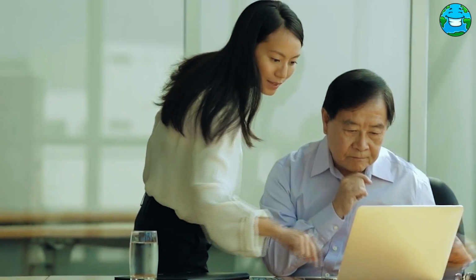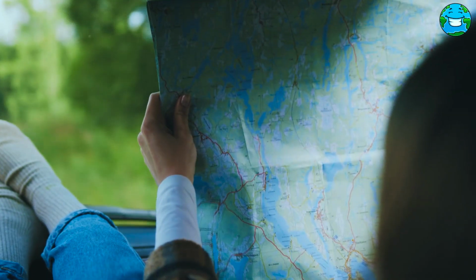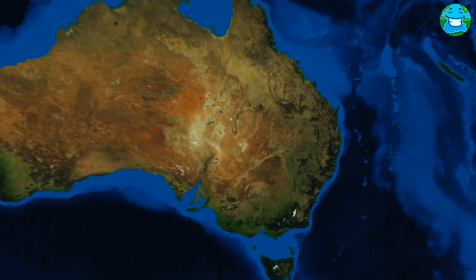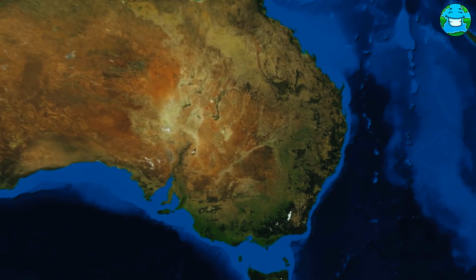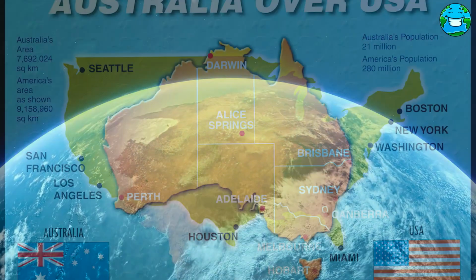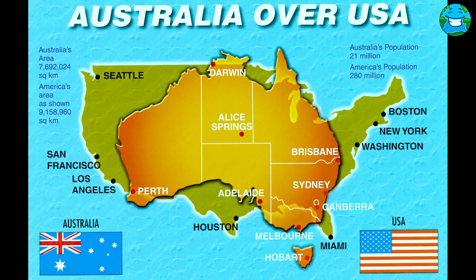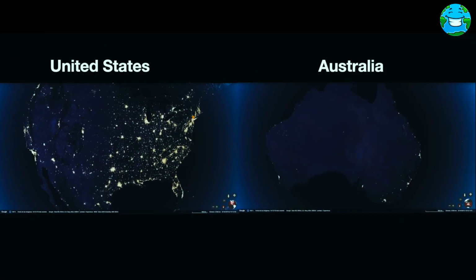In the last few years, two of the most important topics of public discussion have been the changing strategic order in Asia and the size and nature of Australia's population. Australia is the sixth largest country in the world. Its size is about the same as that of the United States without Alaska. However, if we look at the map of the United States and Australia at night, we observe completely distinct patterns.